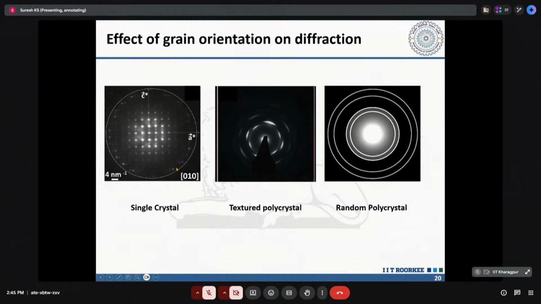So just again to recap this one. We are going to travel along this particular one. If we have a single crystal, you will see 4 distinct peaks, say if I am having a 010 or 001 oriented single crystal. On the other hand, when you have a textured polycrystal, instead of 4 sharp peaks, you will see a broader